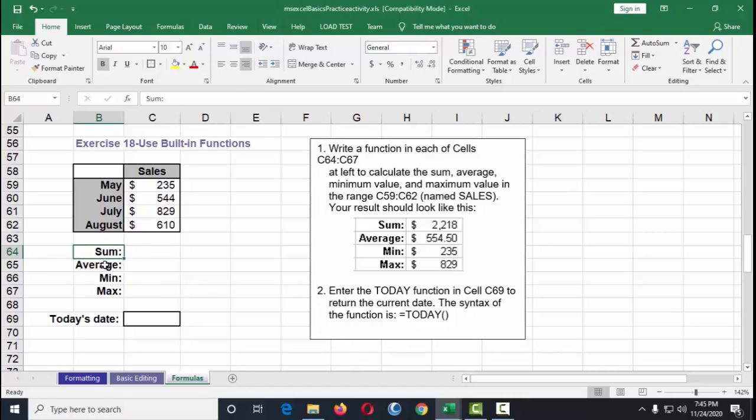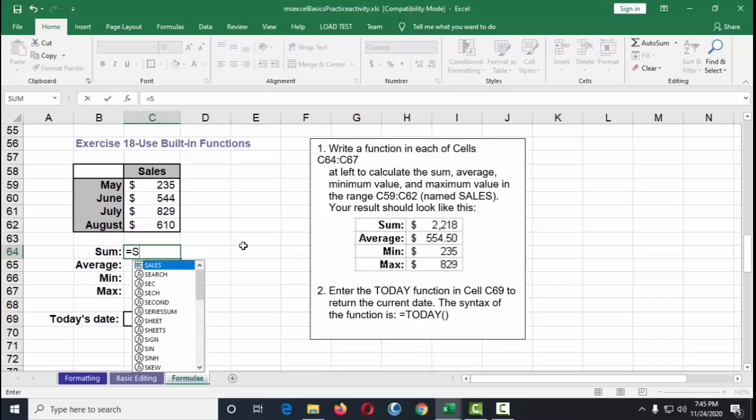Which is the sum, the average, the minimum. That means among the list of numbers, which one is the smallest number, that is minimum, and the max is the maximum, okay? So for sum, for it to be considered as a formula, don't forget the equal sign. Equals, and then sum, because we're asking for the sum.